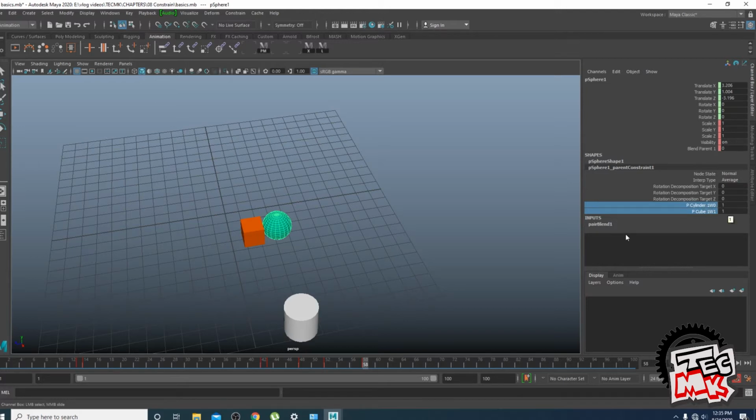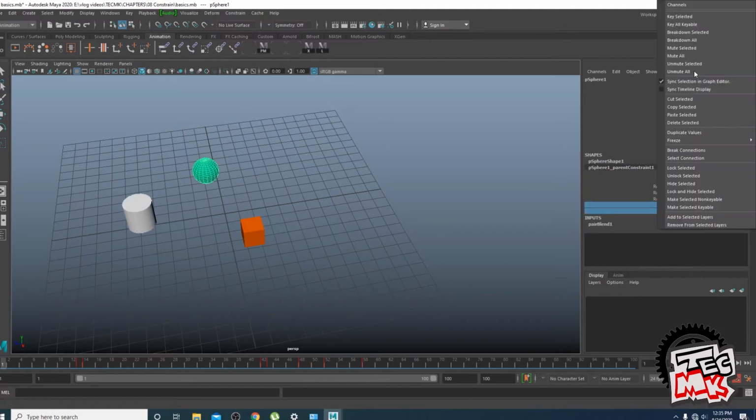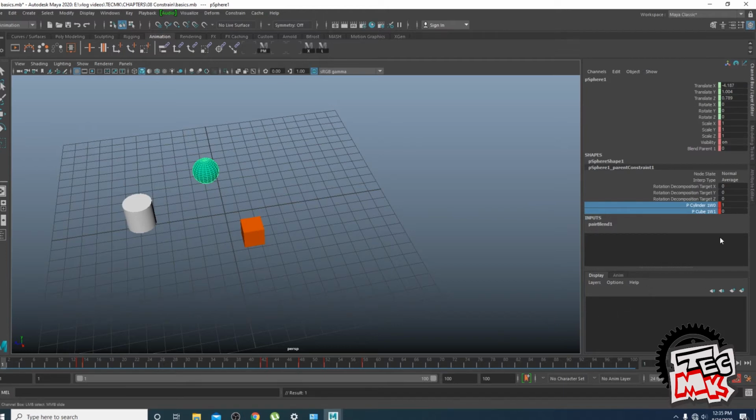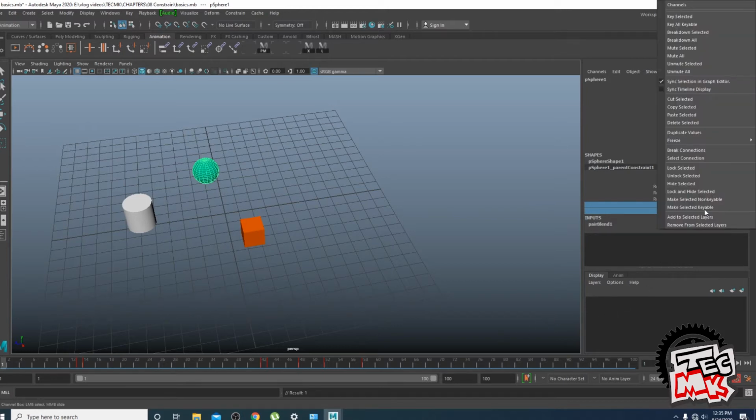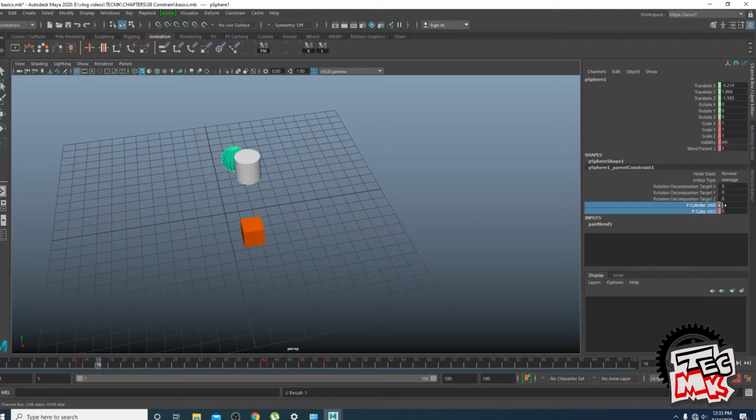So while we are trying to create the effect of one parent on the particular child, we have to either switch it off or on or vice versa. Earlier, this was a cylinder which was having the control. So you see P cylinder 1 W0, whatever it is, this has this 1. What we will do, we will make it 0 and key it from here. Key selected. Do not press the S and key it. Come here, right click and go to the key selected option. You see here all the time the cylinder is having full control, whereas the cube does not have any control at all on the sphere.